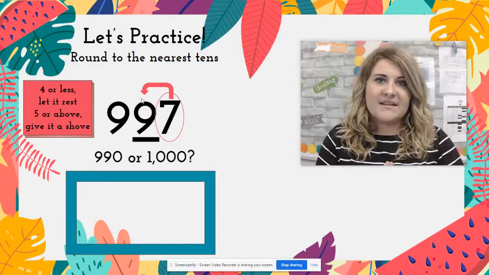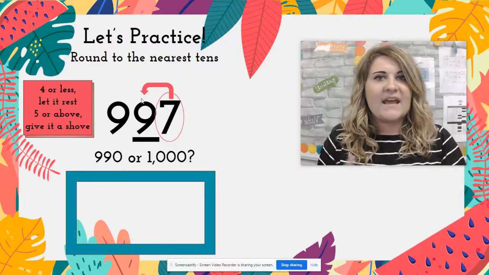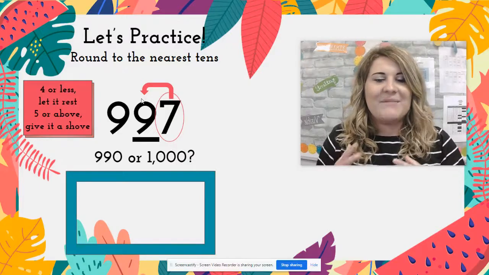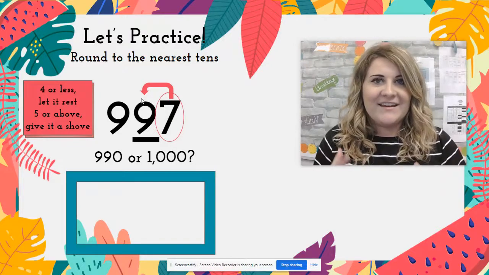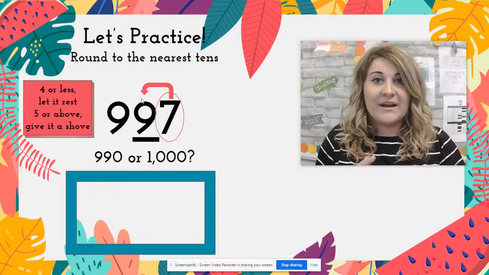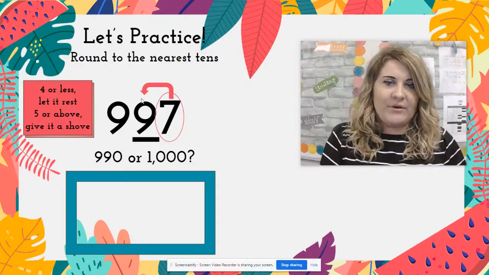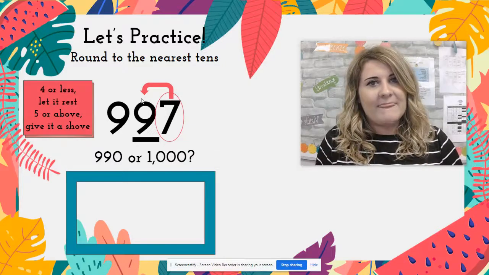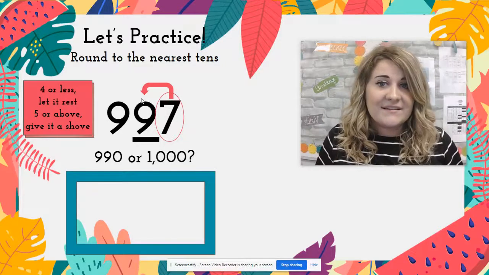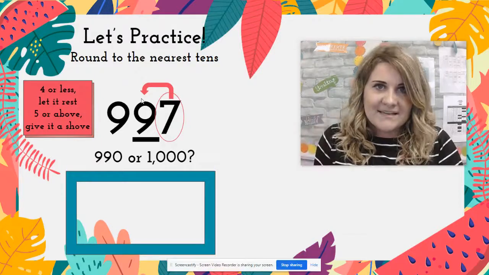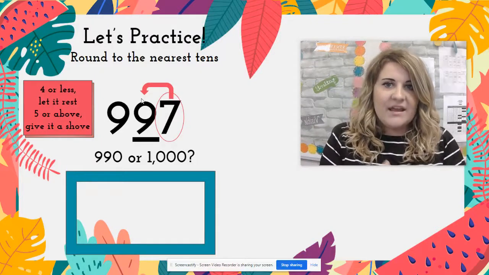The problem is that when we shove up a 9, the next number is a 10. And I can't put a 10 in a single place, can I? No, because it's not a single digit. It's got 2 digits, a 1 and a 0. So I cannot bump up that 9 to a 10. I just can't, okay? So then what happens is I have to decide if it's going to bump up to